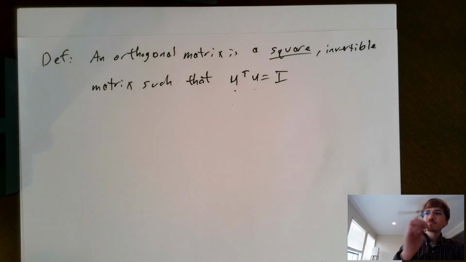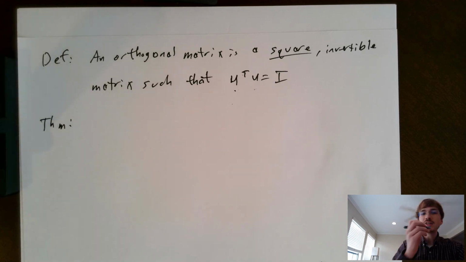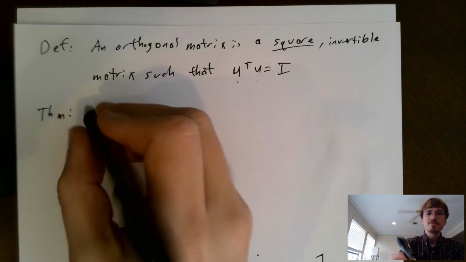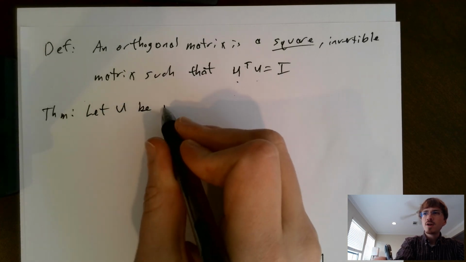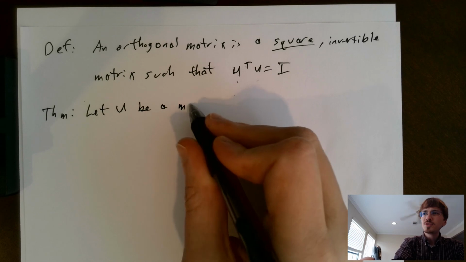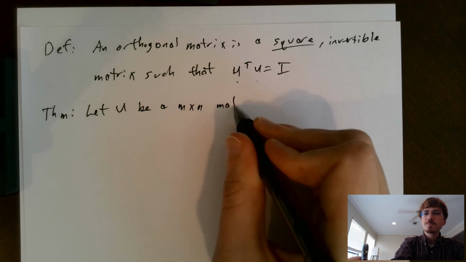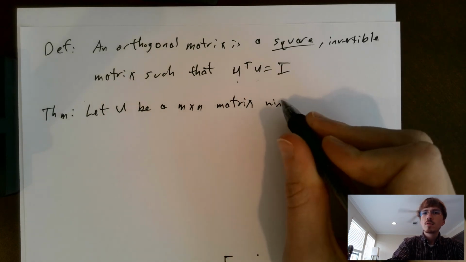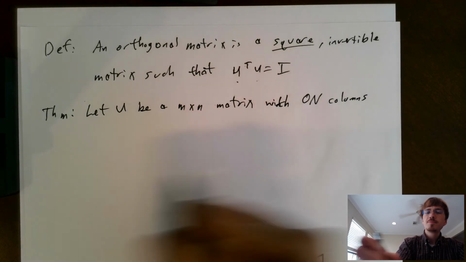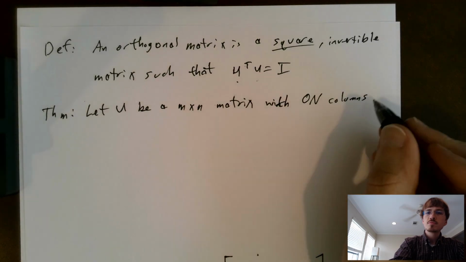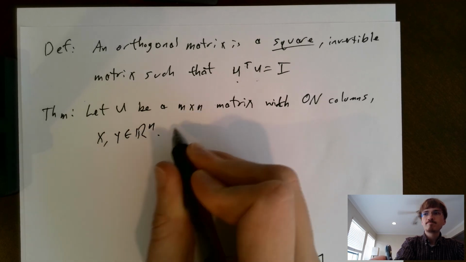All right. Who cares though, right? These orthogonal matrices have really, really nice properties. Theorem. We won't make it orthogonal. We'll just let it have orthonormal columns. Let U be an m by n matrix with orthonormal columns. And suppose we have two vectors x and y in Rn. Then